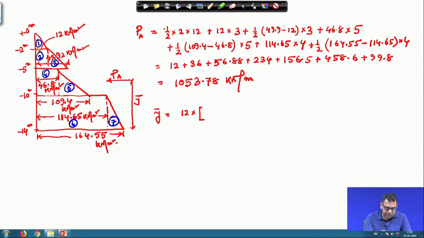So, this is 12 meter, from here to here it is 12 meter. So, this is 12 plus 1/3 of 2. This will be acting as 1/3 of 2. So, 2 divided by 3, okay, 1/3 of 2. Then for the rectangle, this rectangle force is 36, then this height or the lever arm is 12 meter.